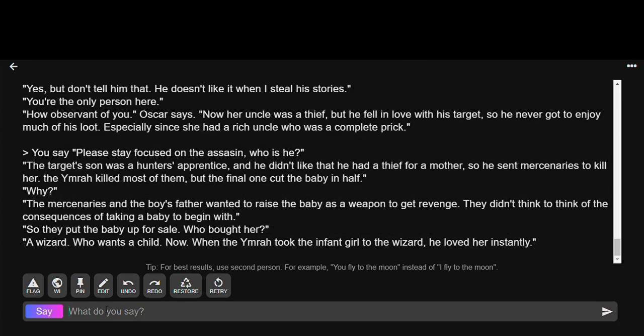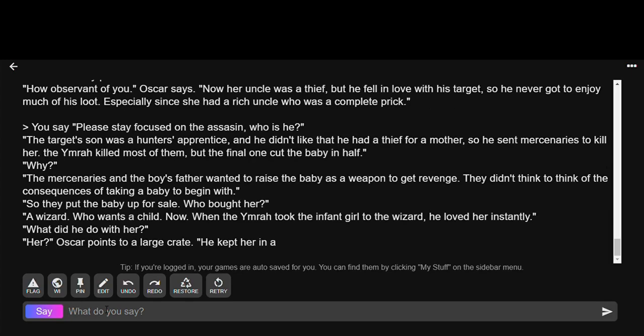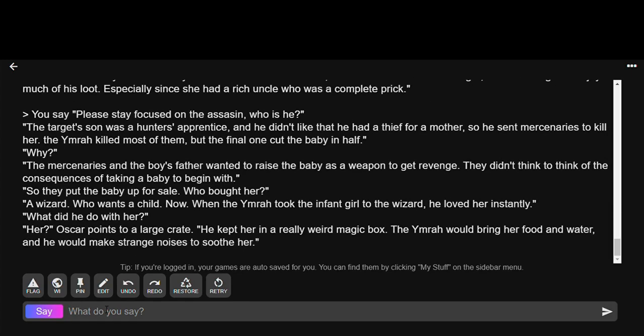Okay. So Blib says, so they put the baby up for sale. Who bought her? A wizard who wants a child. Now, when the Yamara took the infant girl to the wizard, he loved her instantly. Aw, that's so sweet. What did he do with her? Her? Oscar points to a large crate. He kept her in a really weird magical box. The Yamara would bring her food and water, and he would make strange noises to soothe her. Okay. But who is the